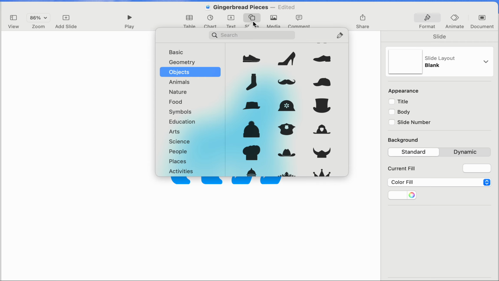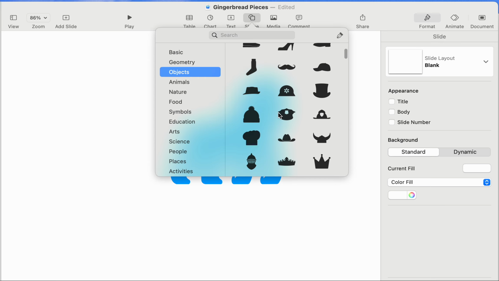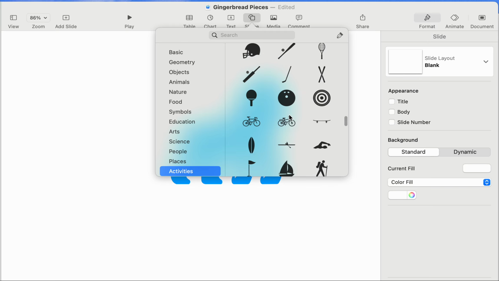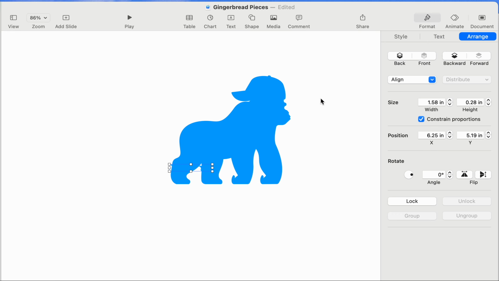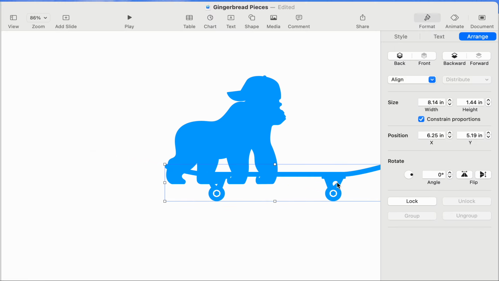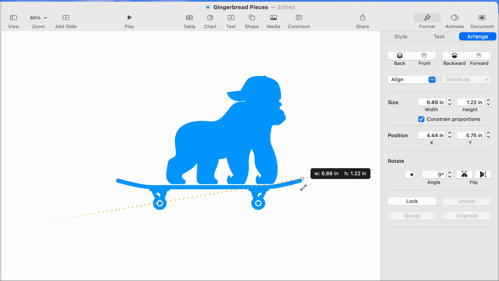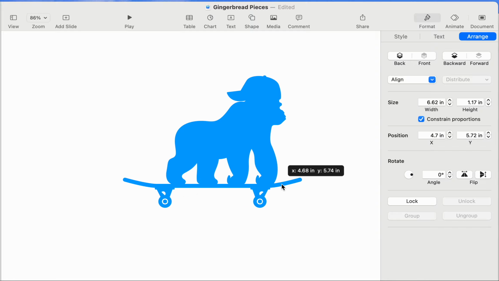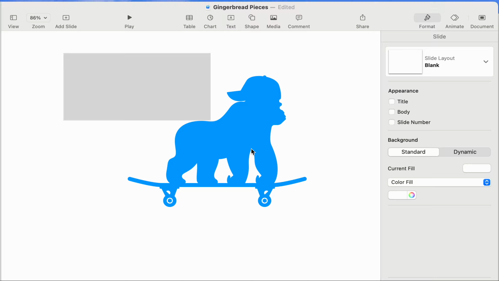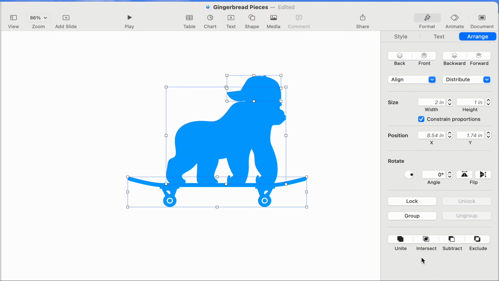Okay, and now let's go get him a, is it in activities? Is that what a skateboard is? All right, we'll get him a skateboard. Okay, so we'll add it there. It's a little, can you imagine how big that skateboard would be if you got a gorilla that big? There we go. Okay, now I can just take my mouse and rope all of this stuff and